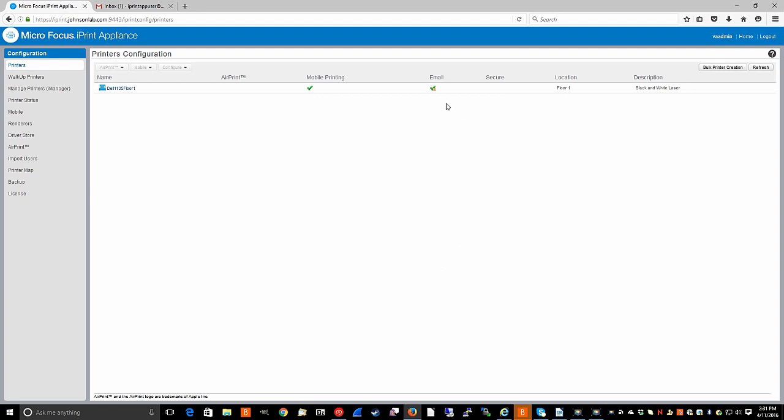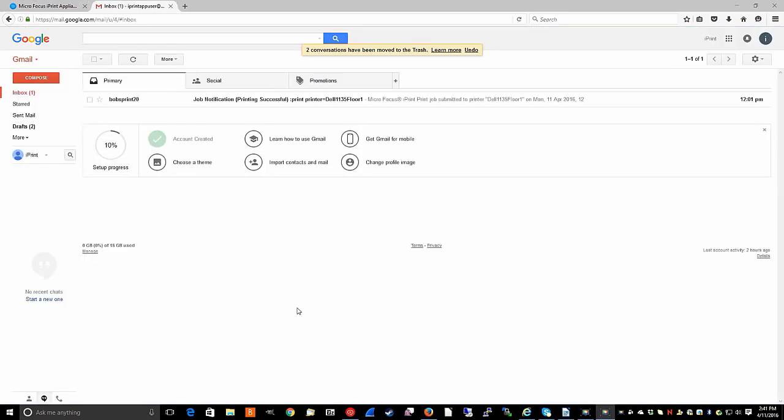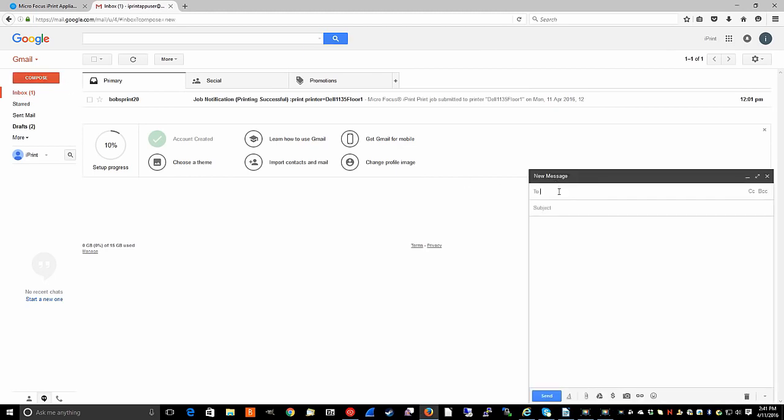And private email printing has been configured, and you can tell by the change in the icon for the Dell 1135 floor 1 printer. To test the private email configuration for this printer, click Compose and address the email directly